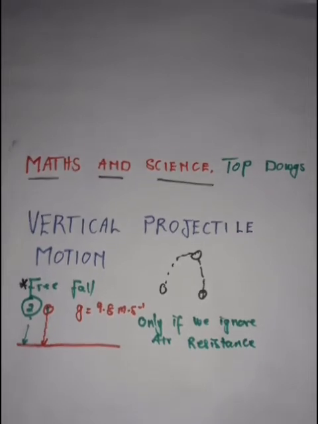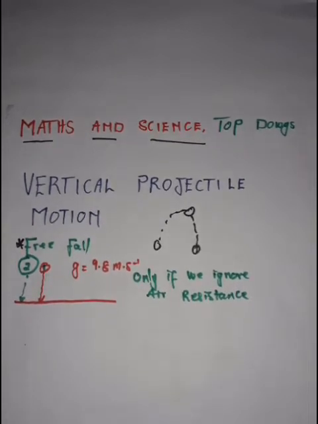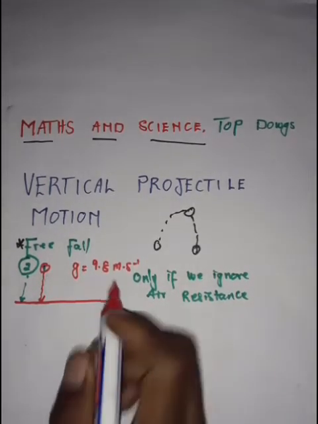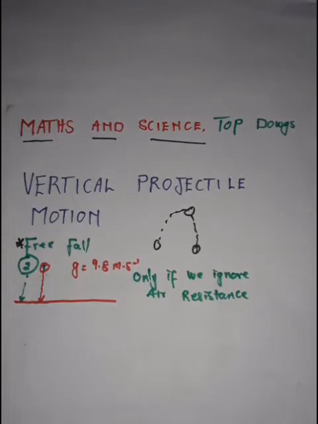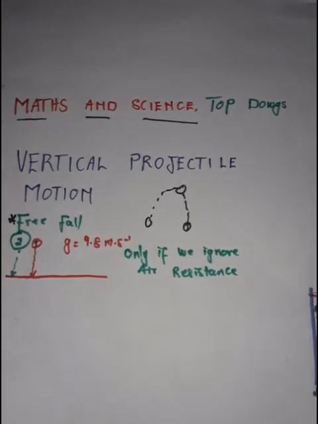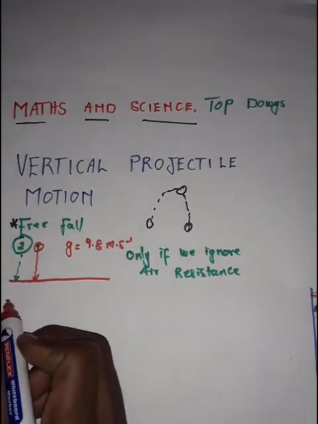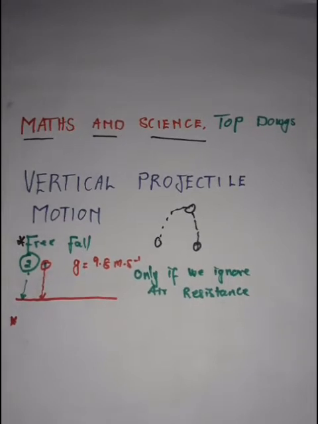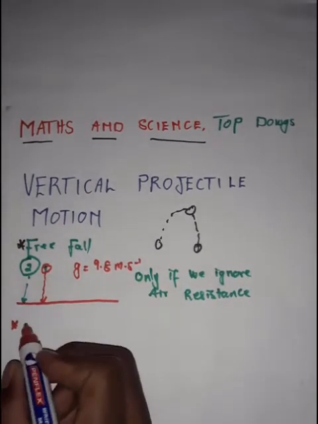So free fall is when an object is falling to the ground due to the force of gravity only. If any object is falling while it's experiencing 9.8 acceleration, we say that object is in free fall. So we can write the definition of free fall here. Free fall is when